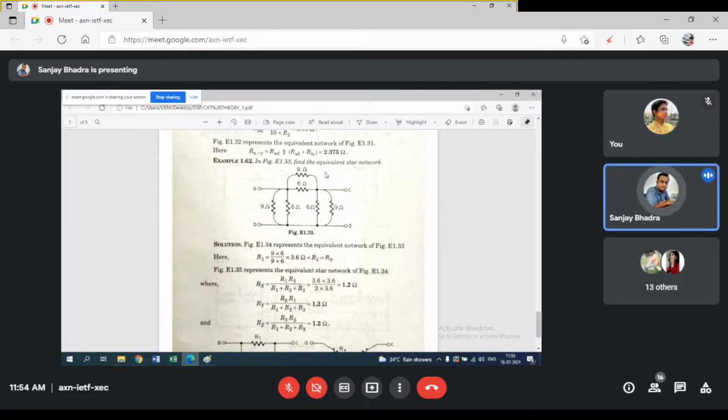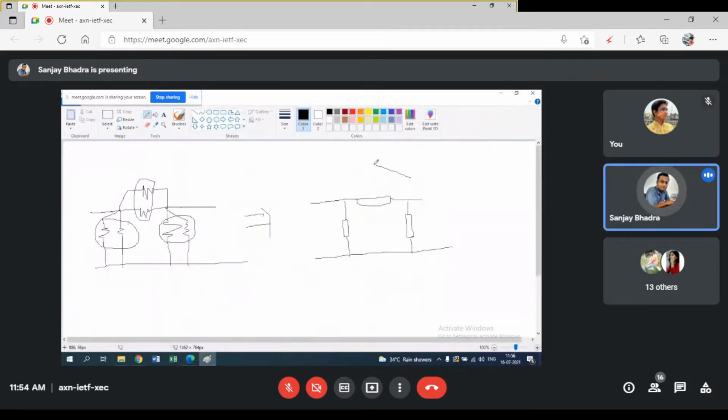Yeah, that is what I'm saying. You just need to take the equivalence of this. These two are parallel, these two are parallel, these two are parallel. So it's only 9 and 6 parallel combination. You take the resultant of that, and you will have a similar figure like this. Then you work on the way we did it in the last problem. Fine. So can you just give a try for this one?